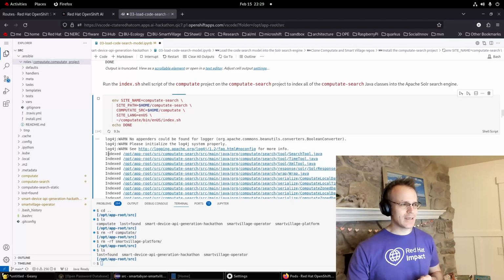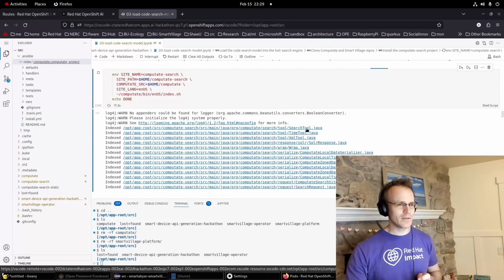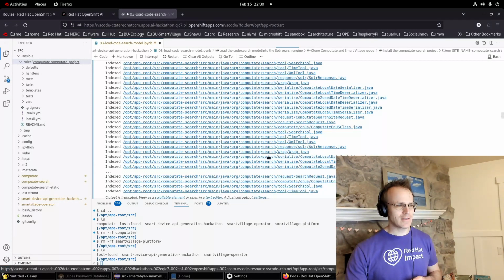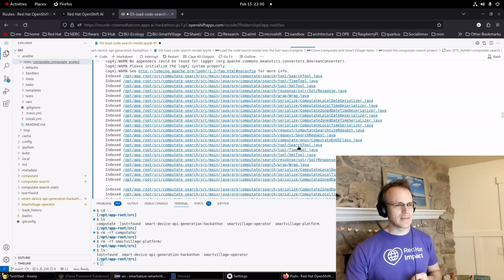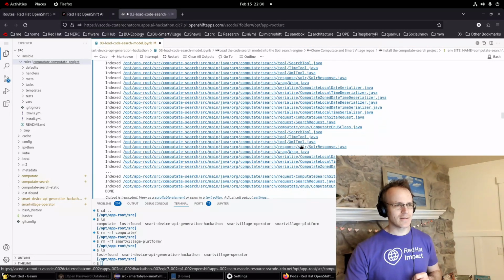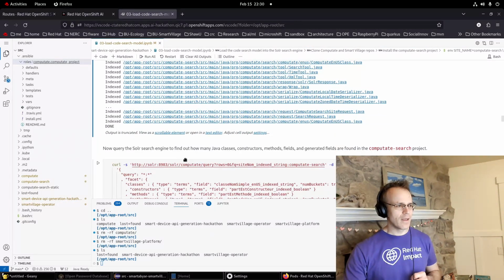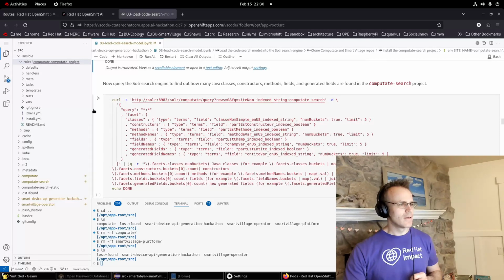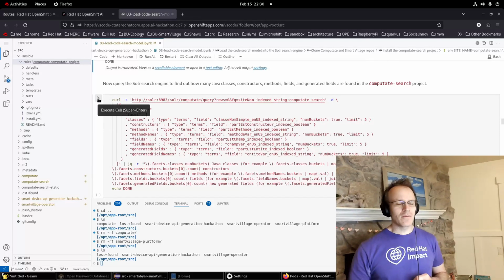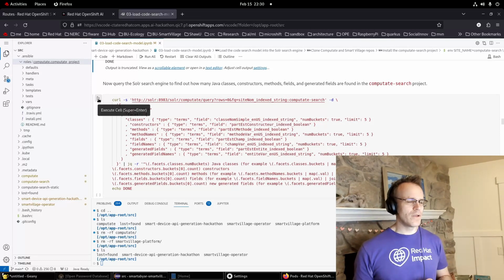Right now it's indexing the search tool, .java, time tool, XML tool, Solr response, wrap, and all of these serializers and more. Now it actually goes and repeats. Now it's indexing the search tool again, and I'll explain why in a second. Let's find out what Apache Solr knows about